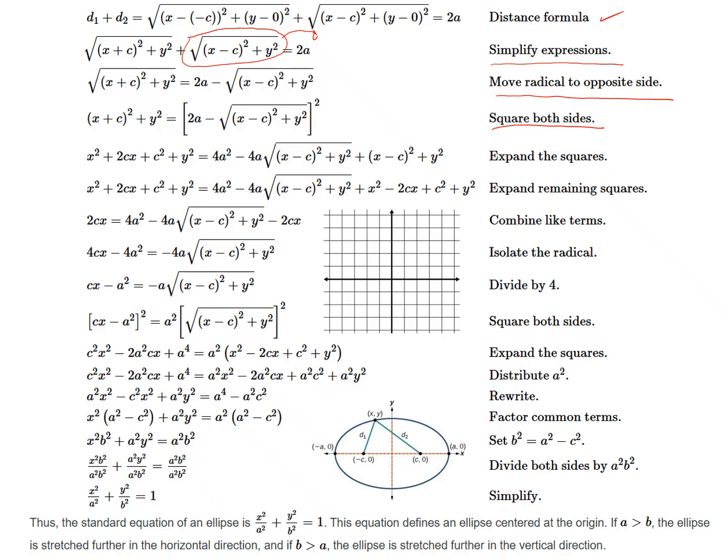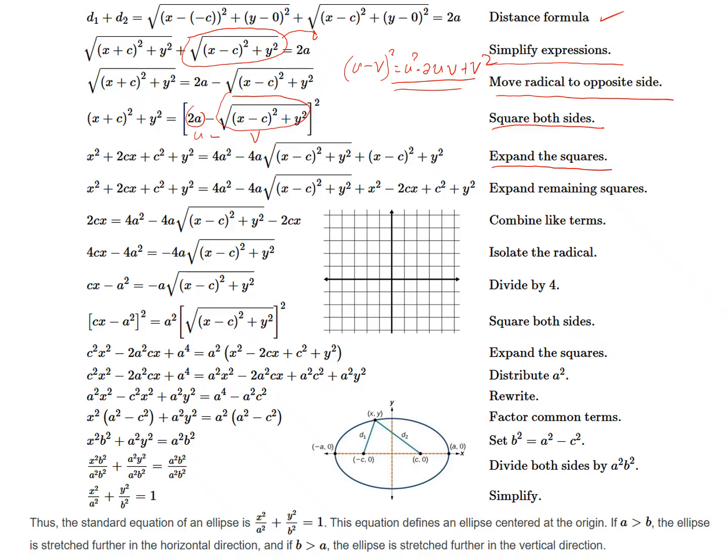And on the right side, this is our first term, consider this as the second term. So square this, and then you expand. You just consider this as u minus v, so this is our u and this is our v. Use the formula u minus v squared, which is equal to u squared minus 2uv plus v squared. This is the expansion of this binomial, the result of which we can see here. So we're expanding the squares here.